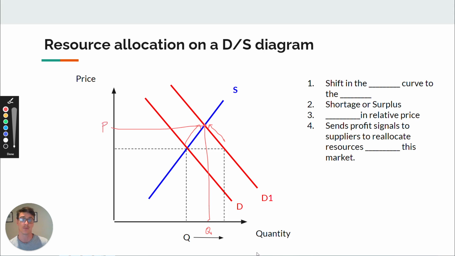Now the key, as I said before, the trick is to see that if there's an increase in quantity traded as a result of a shift in the demand curve, that just means more resources are being allocated to this market. So a little quick trick is to see if the demand curve is driving this change and there's an increase in quantity, that means more resources. It's different for supply, but we'll do that in the next video. Okay, so the 4 steps are there, and I want